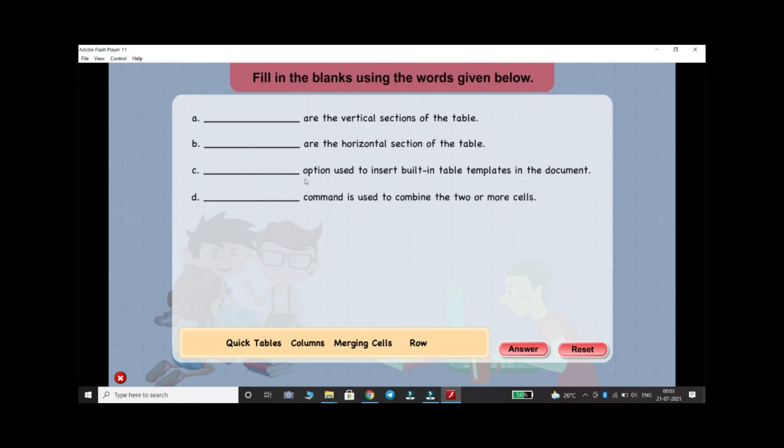Third one. Dash option used to insert built-in table templates in the document. Answer: cube tables. The last question. Dash command is used to combine the two or more cells. The answer is merging cells.